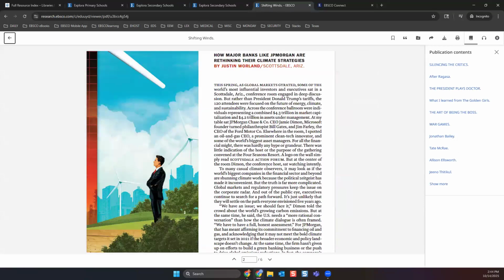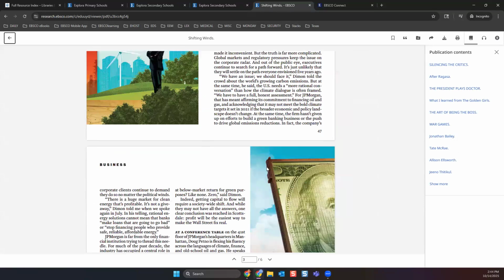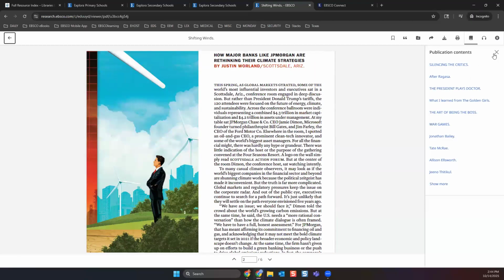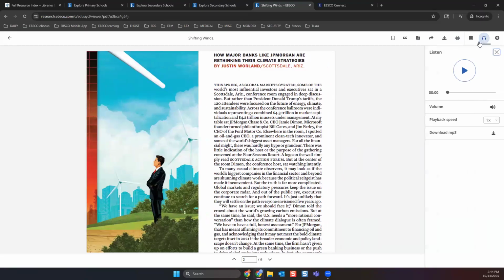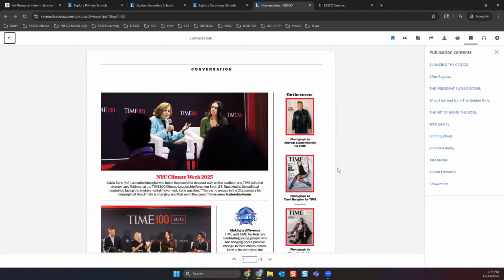We can review it in the way in which it was published, complete with imagery. Many of our tools are similar: save, cite, folder, project folder rather, share, download, print. Noticeably missing is that translate feature because it's treating this article as an image, so it can't translate the text. But text-to-speech is available, similar to the PDF version, and accessibility support is also. All right, so those are those options for full text viewing. Let me go back